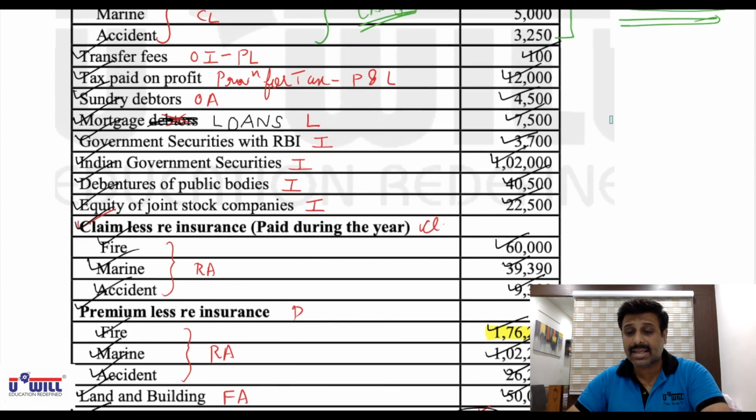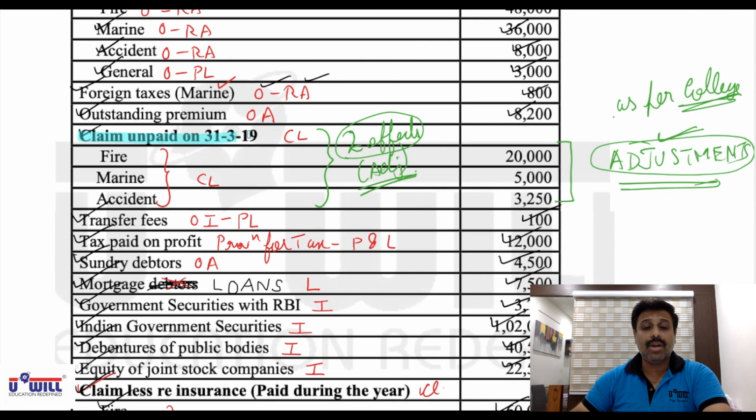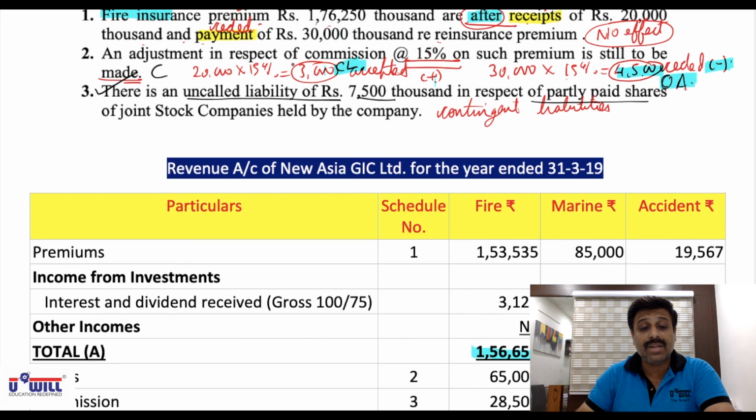Important points I repeat once again, that this claims unpaid on 31/3/99, in college they have given 2 effects. So actually in your exams it must be given in adjustments. Then only we would give 2 effects. What 2 effects? You will add in claims as well as you will show it in current liabilities. And secondly, this second adjustment, outstanding commission on reinsurance accepted, means we have to pay that commission to other insurance companies, so it's our liability. So you'll also show it in current liabilities. And ceded means we have to receive it from other insurance companies, so it's a receivable. So you'll also show it in other assets.